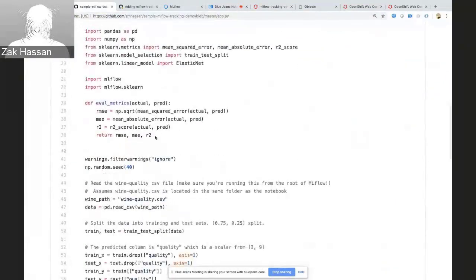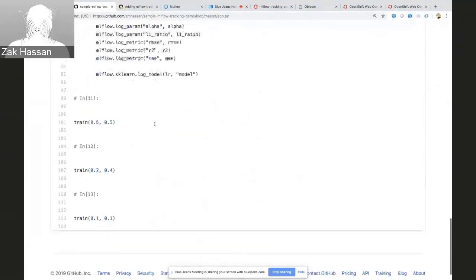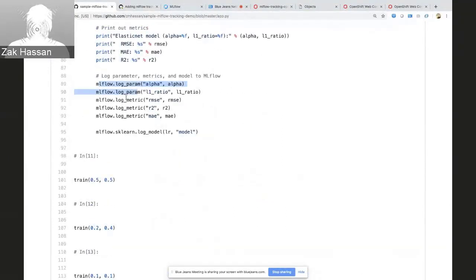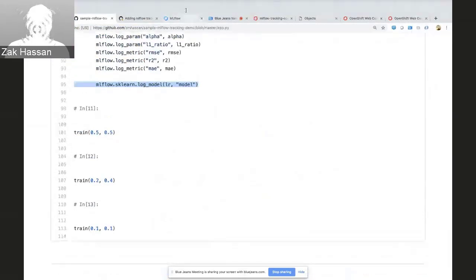It's just a standard example, and it's using the same MLFlow APIs. It's logging the parameters, it's logging the metrics, and then it's storing the model into the server. And it's choosing different parameters, and then we can compare these 3 different runs.